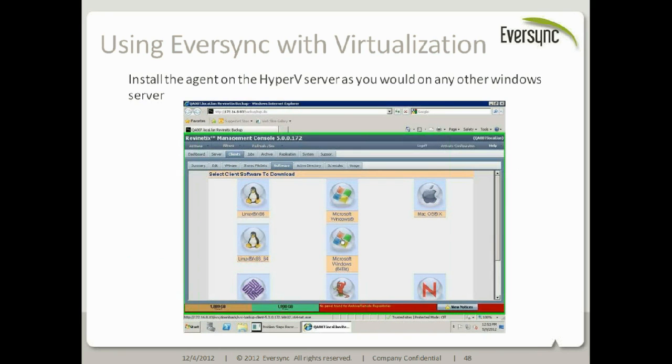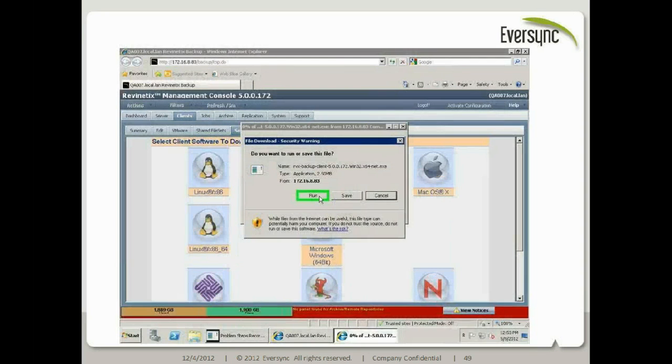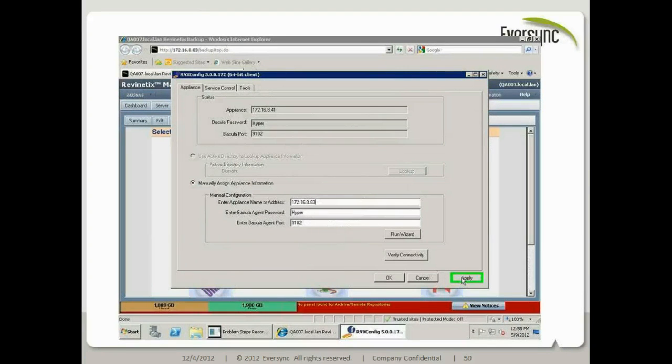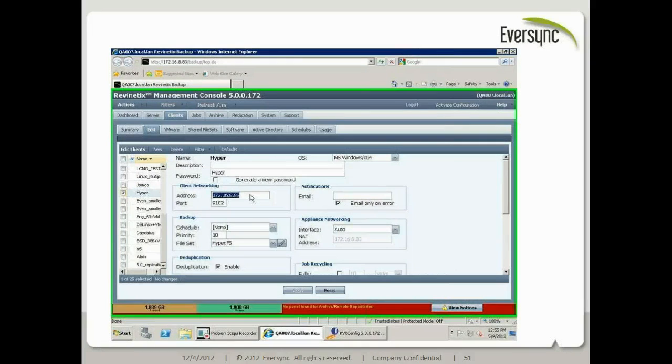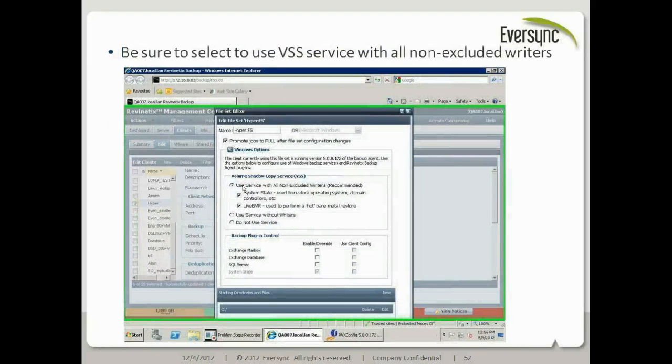So you come into the interface, make sure, of course, that you select a backup using the VSS service, so that you'll get the self-consistent copy of the virtual disk for the VMs.